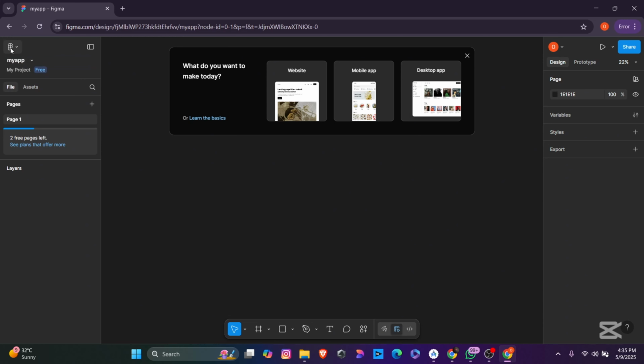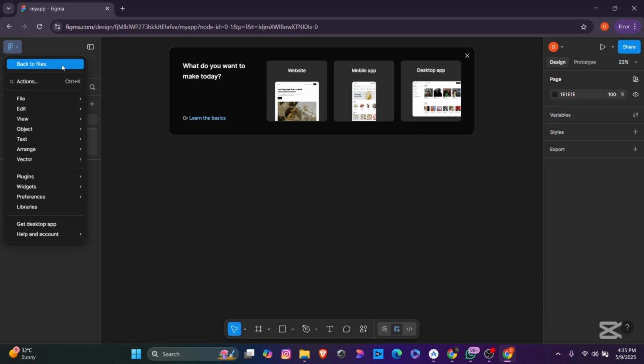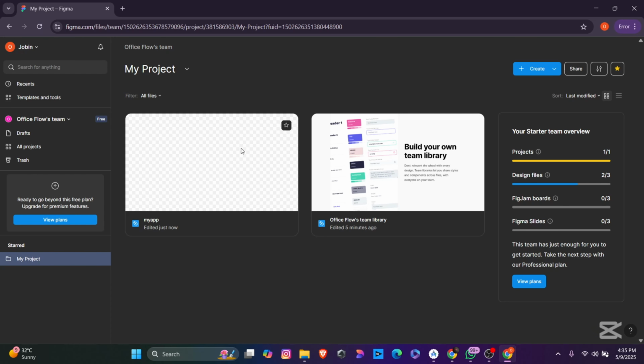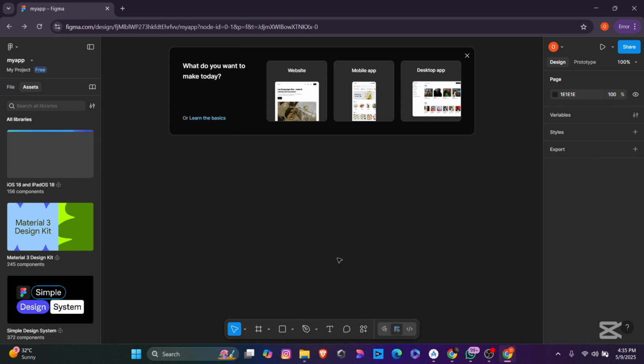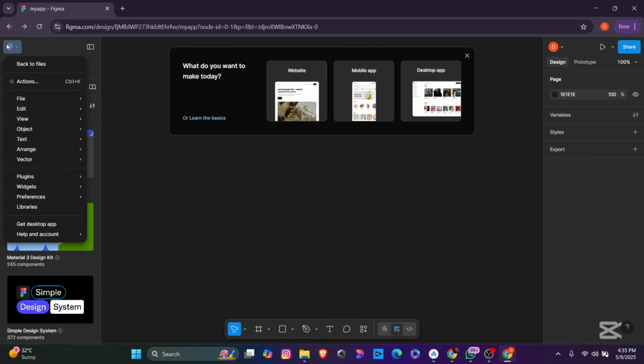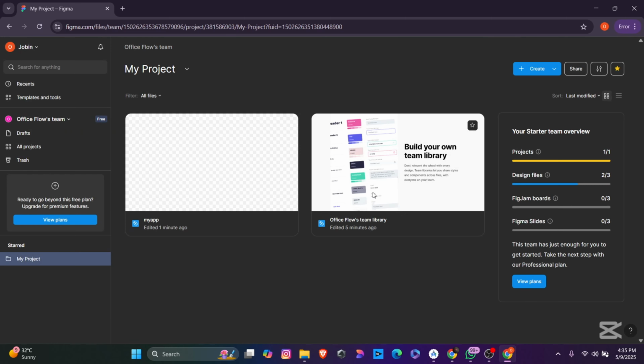If you want to go back, you can click on this Figma icon here. You can select back to files. Now you can see you have one file inside your project folder. Okay, then this thing is organized inside your Figma project folder. Okay, and you can go back. You can even go back to your home page like this, and this is actually your project page, and you can go back to files, and